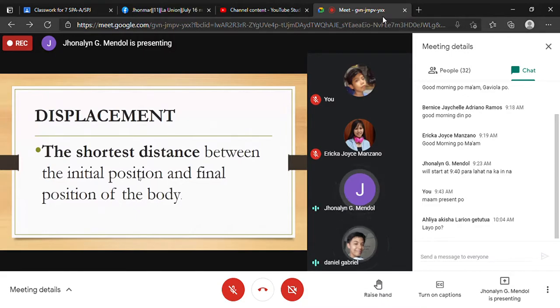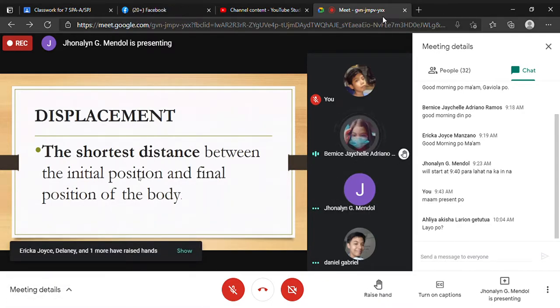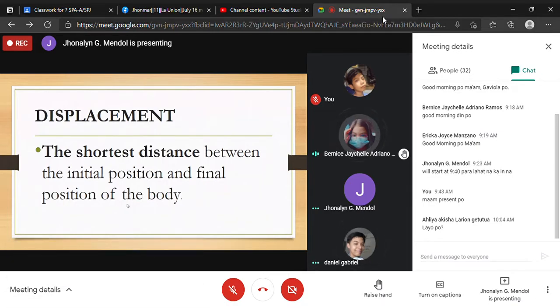When you say displacement, can you read it, Bernice? Displacement, the shortest distance between the initial position and the final position of the body. Okay, to make it short,